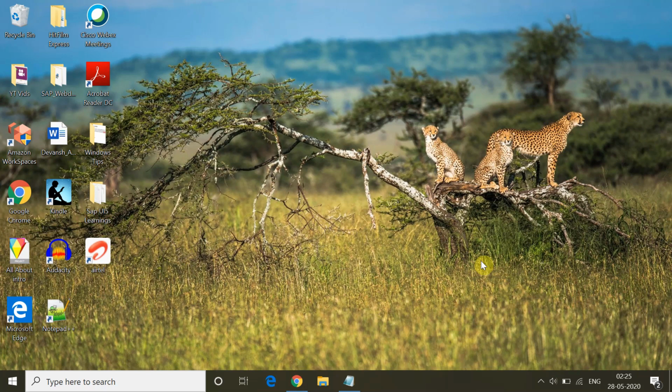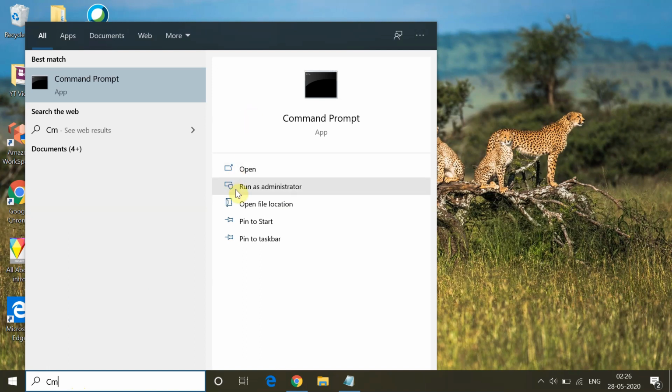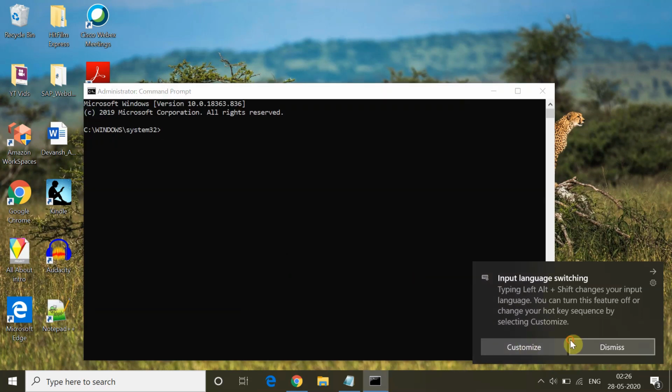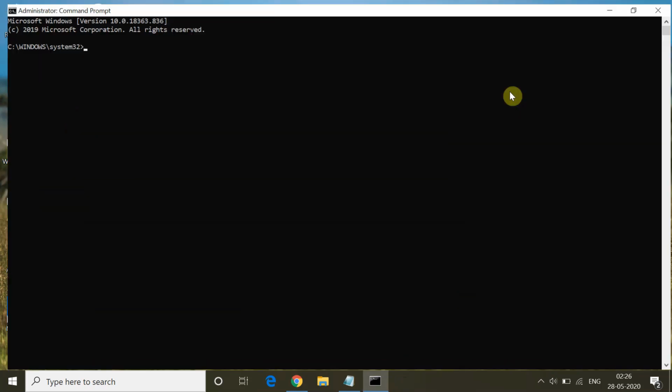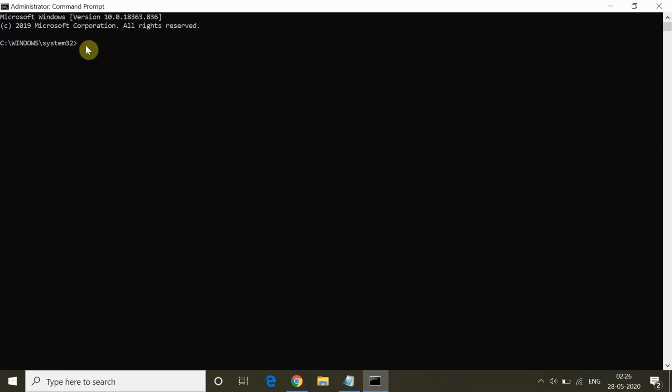The last method is that we will perform the SFC scan. This is a system file corruption scan. This error is coming because of file corruption, so we will try to scan for that. For that, go to Command Prompt and run it as administrator. Now I'm showing you one command, sfc /scannow. This scans for system file corruption. Type this command and execute it. It will start the system scan. This process takes a little time, so wait till the verification is complete.